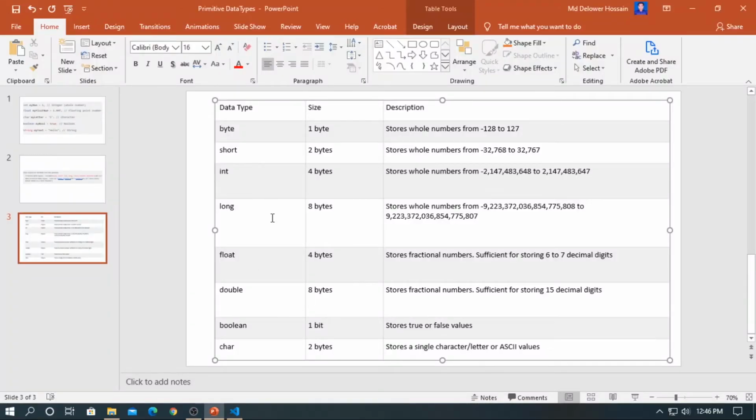Next one is long. This is used when integer is not large enough to store the value. And note that we should end the value with an L to make it long.